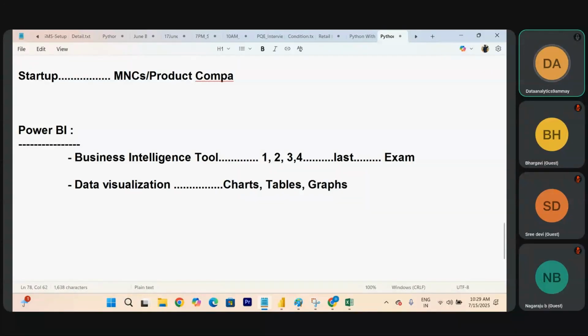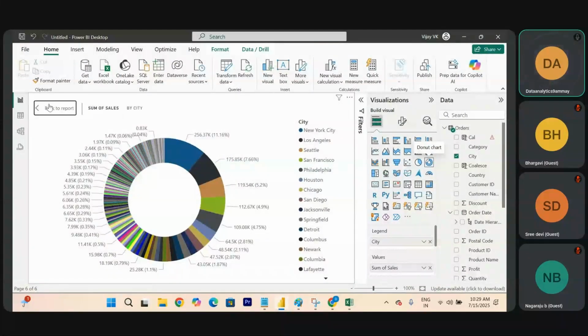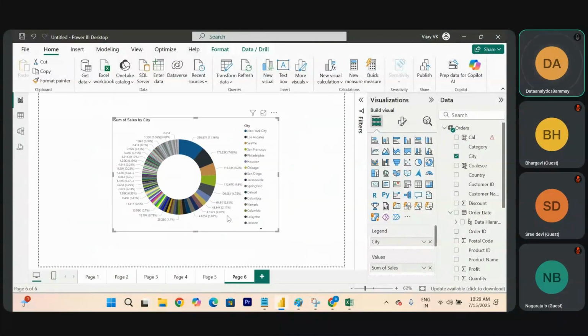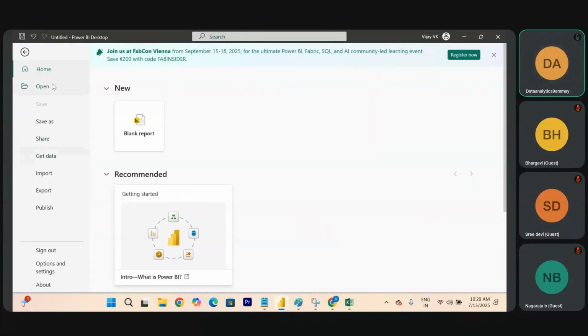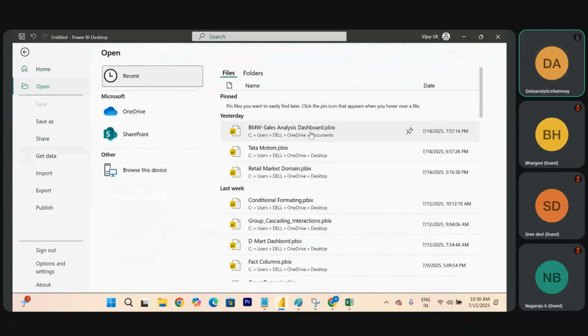Simple. Do we need to memorize it? No. Do we need to note it down somewhere? No. Simple thing. Here you just observe one thing. Once you complete this kind of visualization, that is called a project. Like this only you are going to do. These different charts you are going to place in one place, and then that becomes what we call a project. Here the project we call a dashboard.